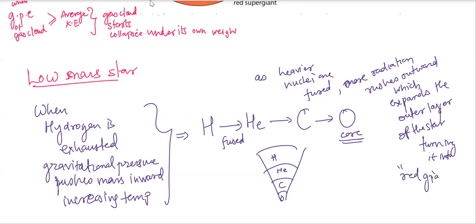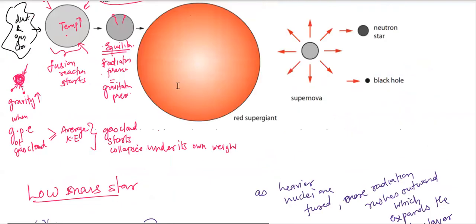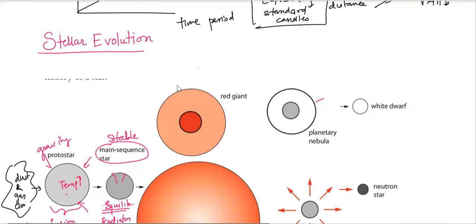Red giant. Okay. Now you will see that this is a red giant. Well, this is a core, while this is a red giant where radiation is pushing outward. Gravity is trying to push the core inward. Okay. But